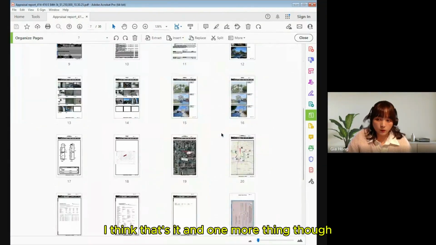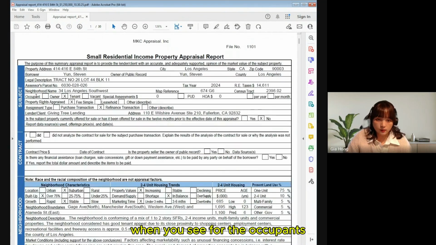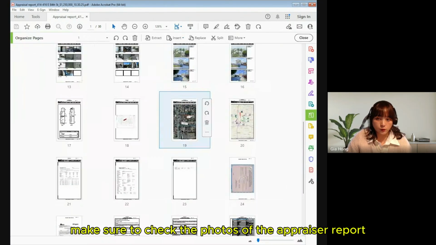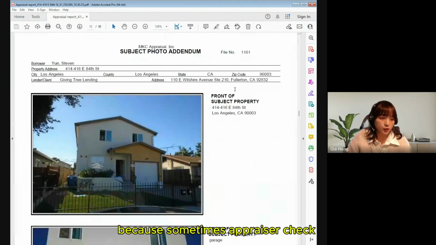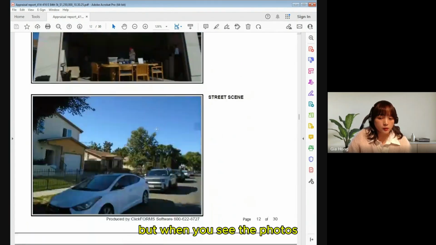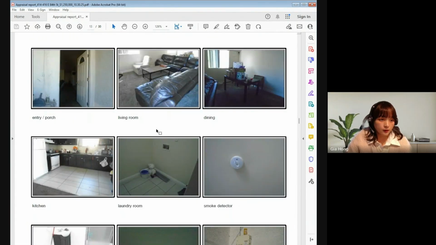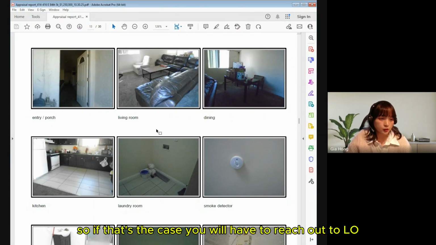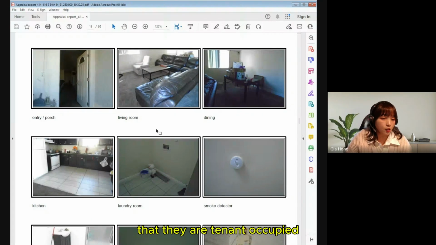And one more thing though, when you see tenants listed for the occupants, make sure to check the photos of the appraisal report, because sometimes the appraiser checked that tenants are occupying the subject, but when you see the photos, the bedrooms are completely blank. If that's the case, then we can't say that this subject property is occupied by someone if it's totally vacant, right? So in that case, you will have to reach out to the LO and say, well, the appraiser came back saying that it is tenant occupied, but